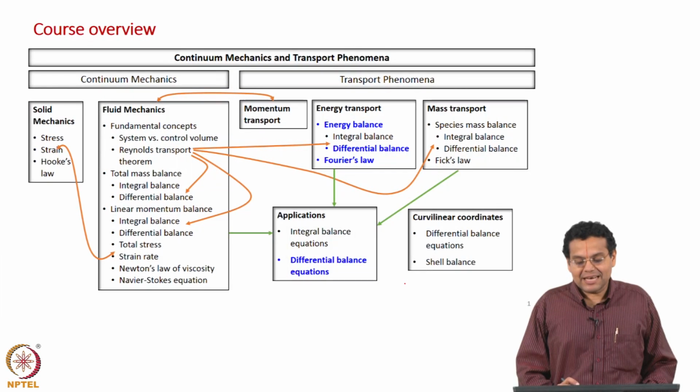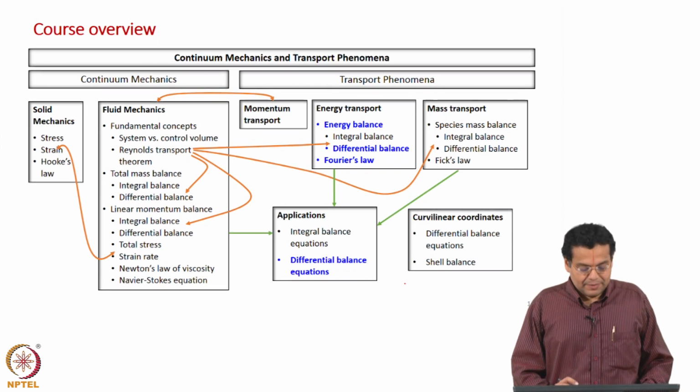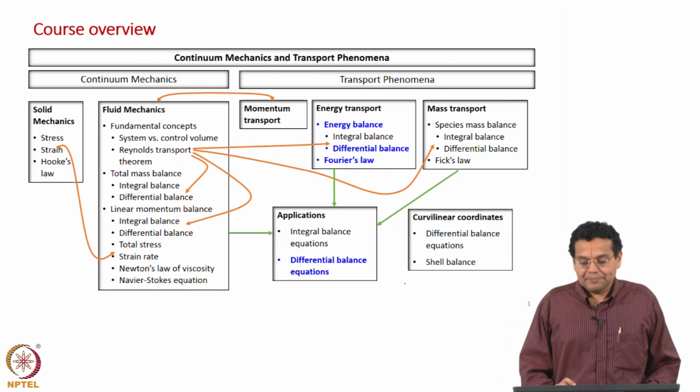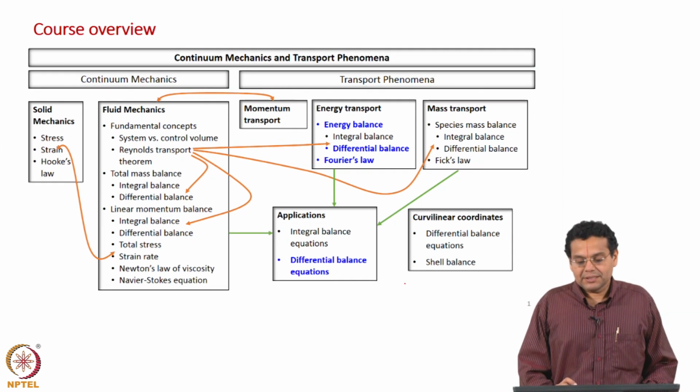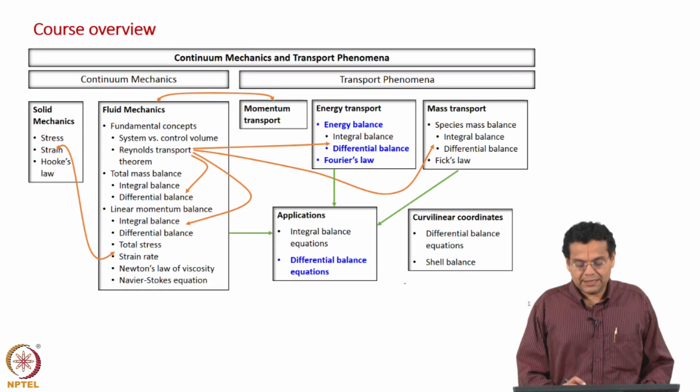We are in the energy transport part of transport phenomena. We have derived the integral energy balance equation starting from the first law of thermodynamics and looked at applications, and now we will derive the differential form of the energy balance equation and also discuss Fourier's law of heat conduction and